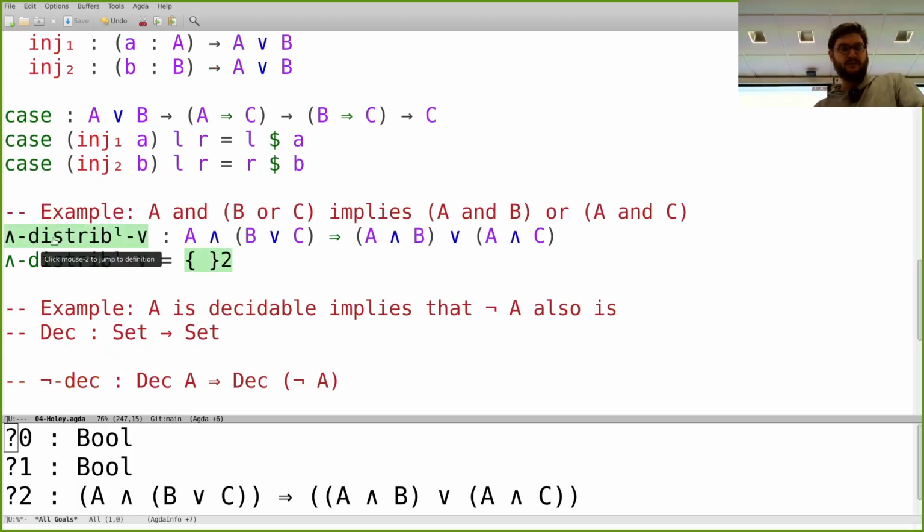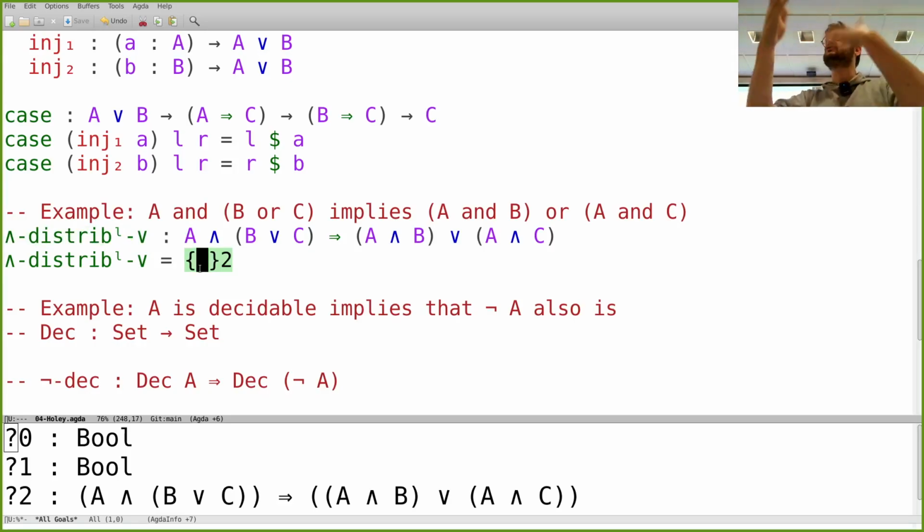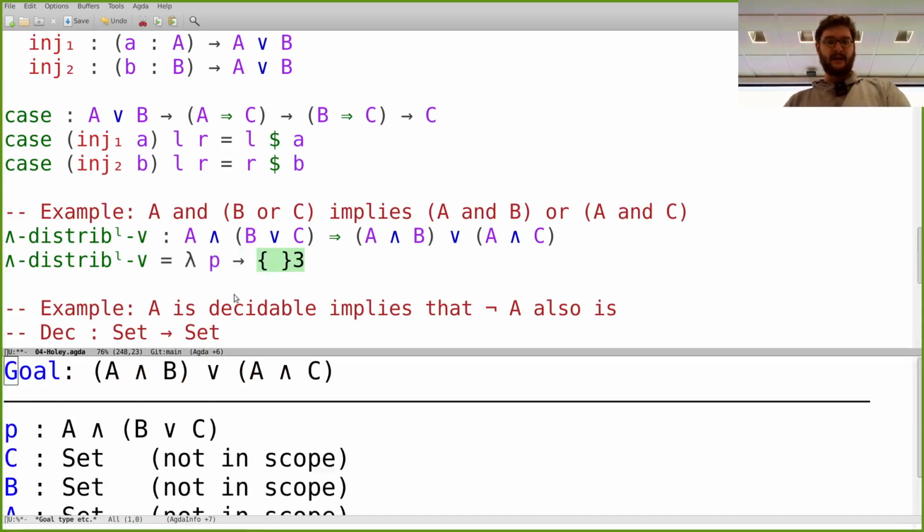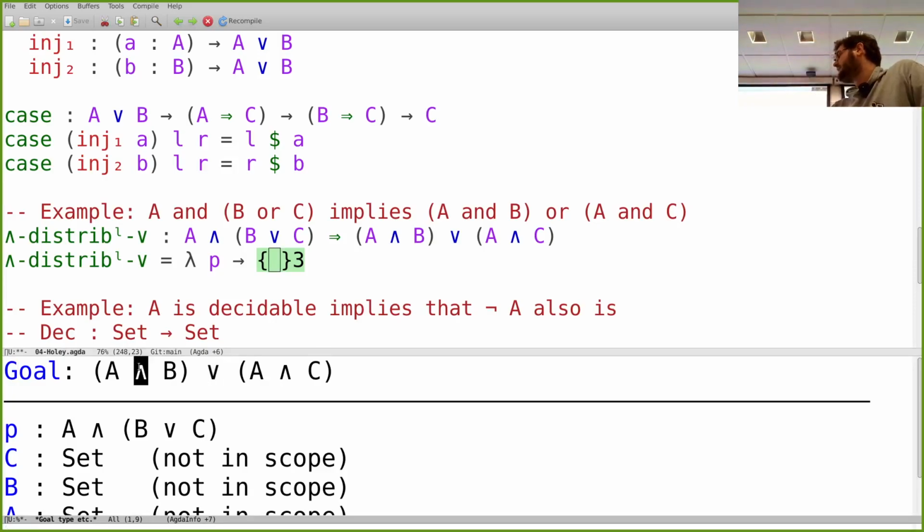So what this name is saying is that AND distributes over OR from the left. And so you can have the equivalent from the right, maybe other rules too. Again, I'm going to construct it purely on the right-hand side because I'm trying to use all of these inference rules rather than working in Agda itself. So I have a proof, and then I could decide to go on the left or on the right here,